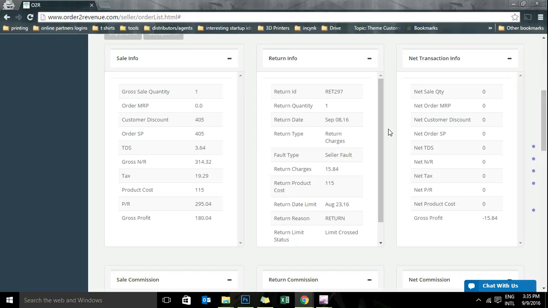The sale, return and net transaction info tabs reflect all values on gross, return and net stages of the order. Looking at this order, the order was sold to the customer for 405 rupees. The TDS liability against the same is 3.64 rupees. This is the gross NR value, which is the net expected receivable for the seller. The tax liability against the order, the cost of product sold, the tax-free sale amount, and the gross profit against